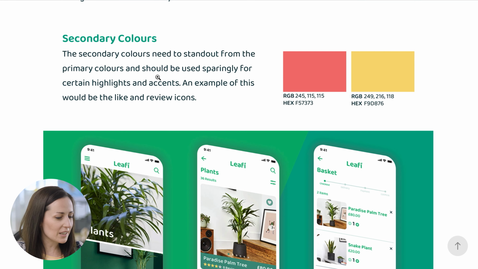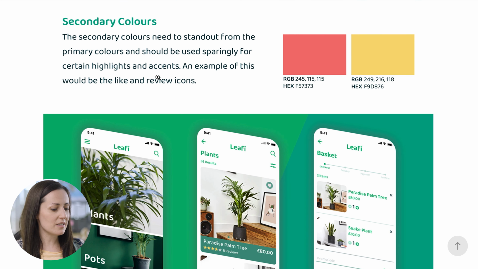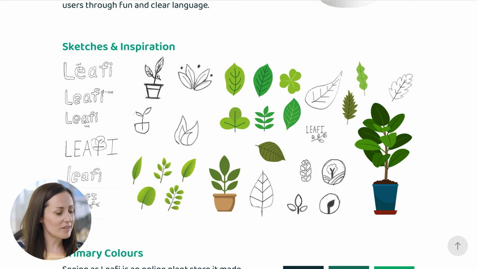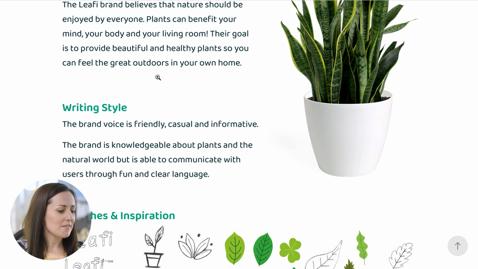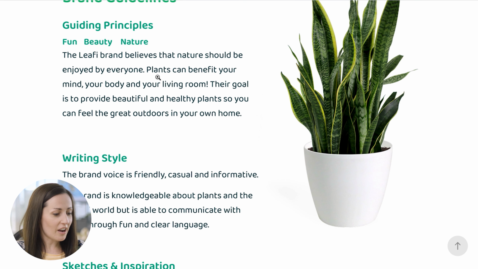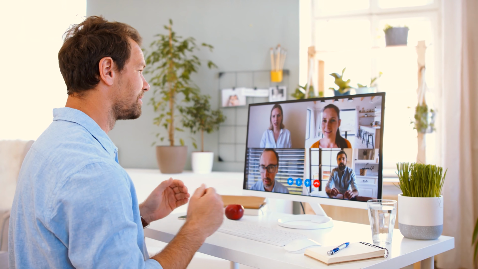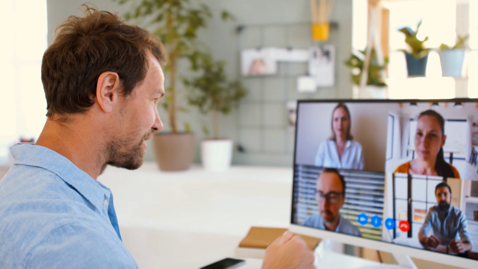What I might like to see a little more here is the reasoning why. So I see sketches and inspiration, and writing style and these things, but I'd love to hear a little bit more reasons why these things were chosen. Was there any research behind it? Was there any questioning or testing of different ideas with different people that led to choosing this particular style, this particular brand? That would be nice to see. Not essential, but that's the thought that I'm having from this hiring manager perspective as I'm reading.